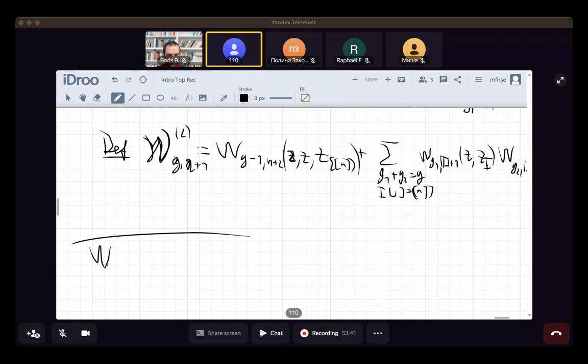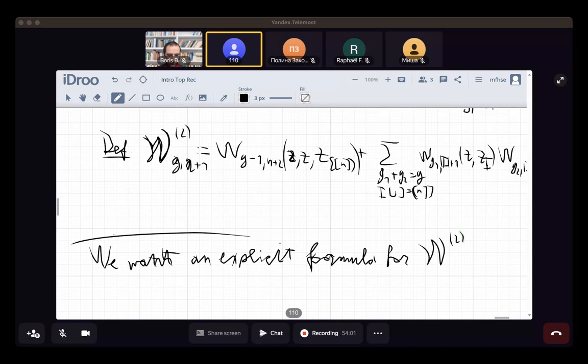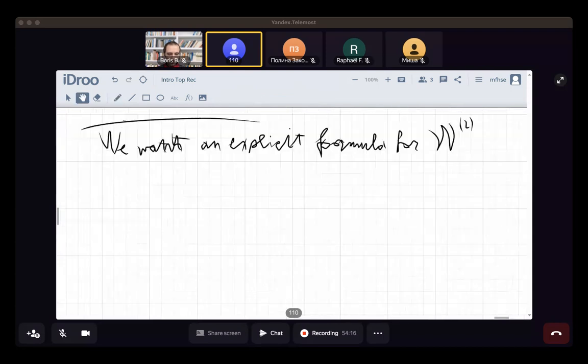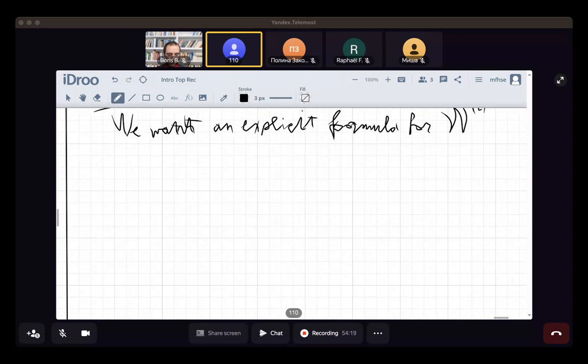So we want an explicit formula for the curly W. And in fact, it's possible to write it. I don't have too much time, so I guess I'll have to skip some parts. But first, the claim is that